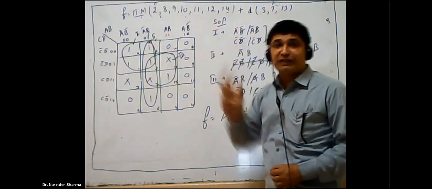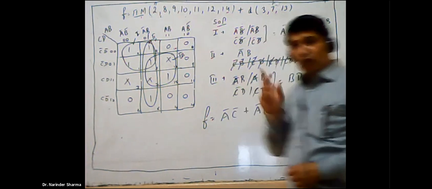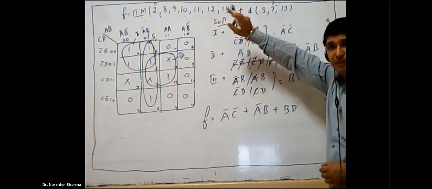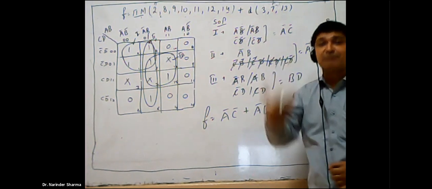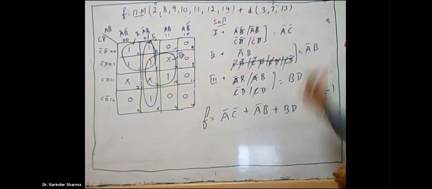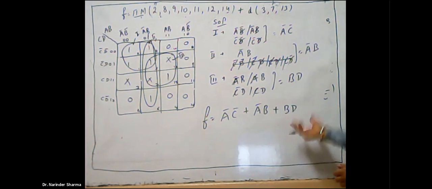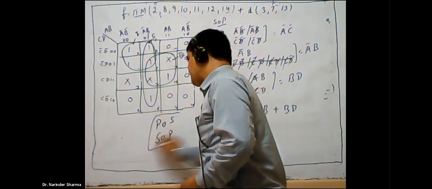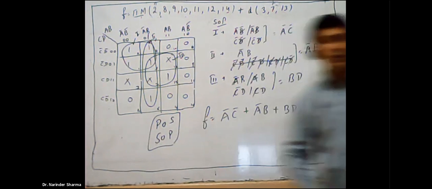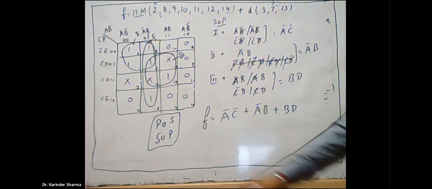You have to solve in the POS form only. You have to remember this thing. If it is asked to solve in the POS form, then you have to adopt the previous method that we have done. Otherwise, for the simplification, you can either go by POS form, or you can go by SOP form, whichever is convenient to you. You have to remember this thing, it is very, very important.